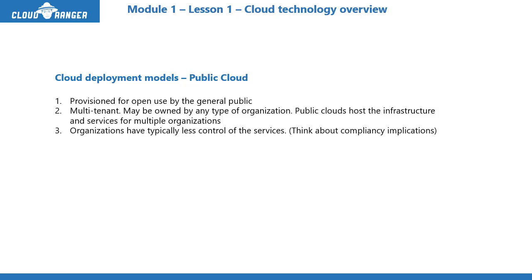And I want to talk about public cloud. This is where Microsoft Azure or Amazon AWS or Google Compute really come into play. Okay, it's provisioned for open use by the general public. So the distinction between private and public cloud is that a private cloud is really for this one organization to go and do its own thing. With public cloud, Microsoft does not care who you are. Anybody can go and use any resources that they have to provide. Obviously, you have to go sign up and set up billing and all that. But you know what? It's really open for the general public. You can actually go spin up your own Azure subscription and have a virtual machine in 10 minutes right now.